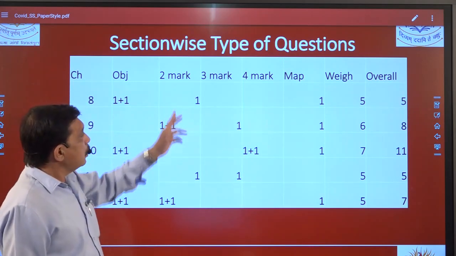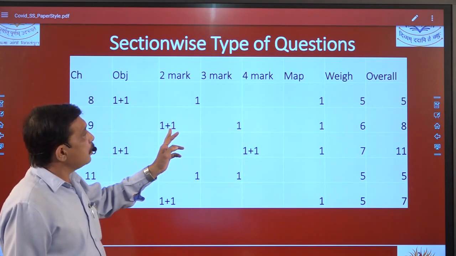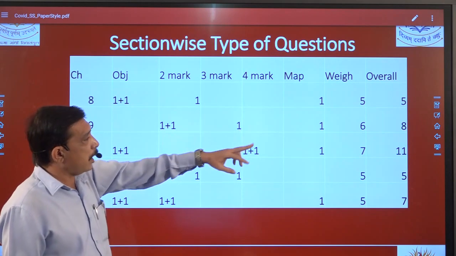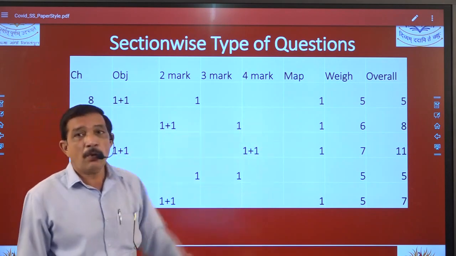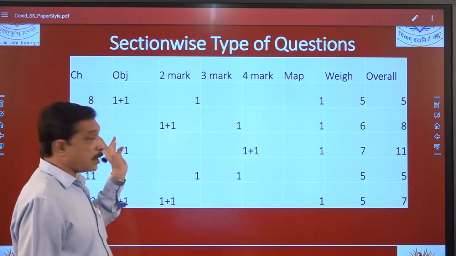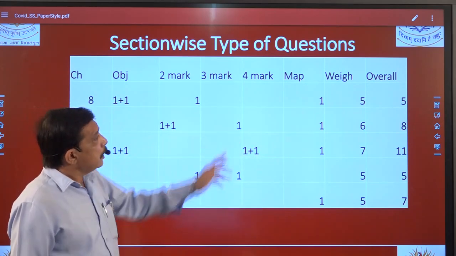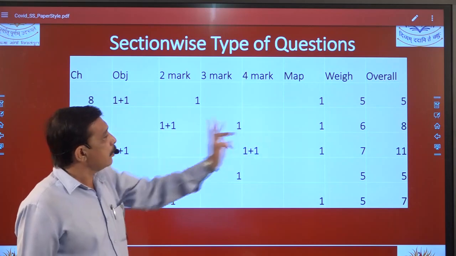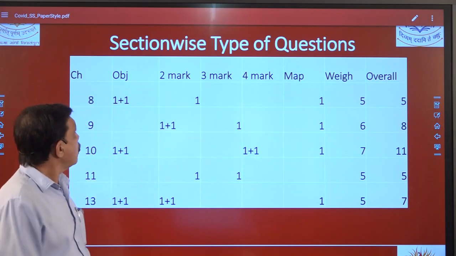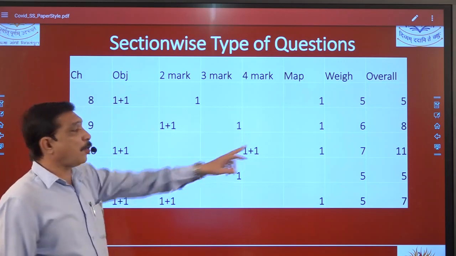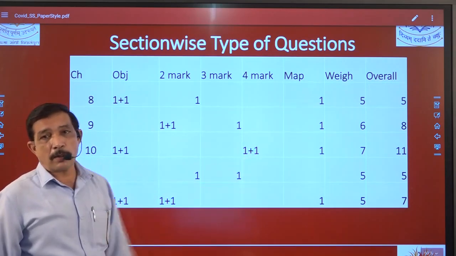Chapter number 9, there will be additional option available over here, because it is 6, so 4, 3 marks 1, 7, and map mark 1, 8. So if you prepare chapter number 9 properly, you can score 8 marks from that. Yes, these 2 are fixed, this and this, then it can have 10. Chapter number 10, objectives, 2 marks will be asked, 4 mark compulsory comes from chapter number 10.